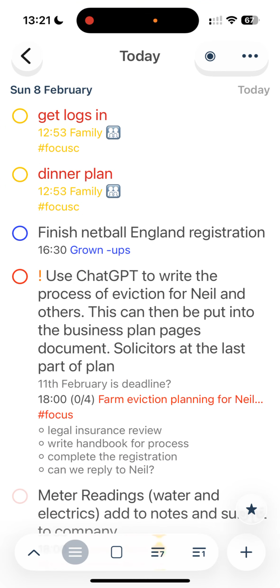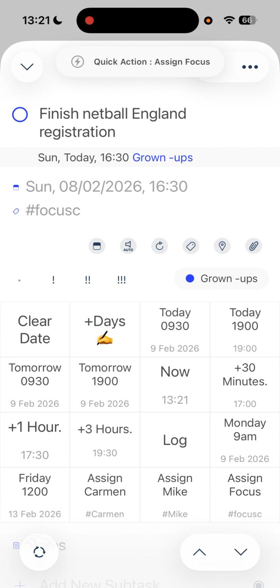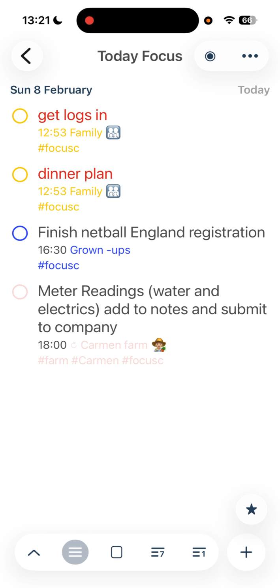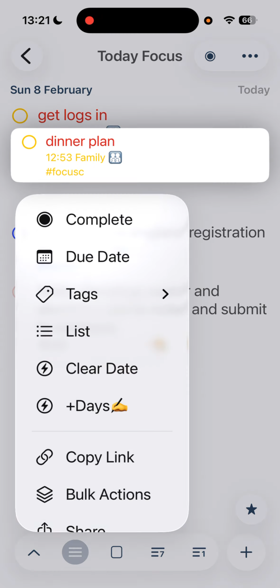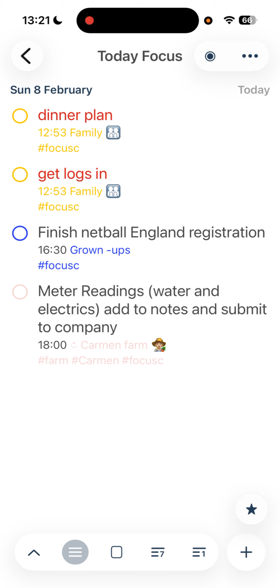Okay, setting up focus mode. We can go into something, click assign focus, and then we can see that it's got the focus tag there. We can come out of that, back out again, go into Today's Focus. Then if you didn't like the order in that list, you can pick something up and move it around so that it is in the correct order that you want to do it. That way, when it goes into the focus mode, everything will come up and you won't have to mess